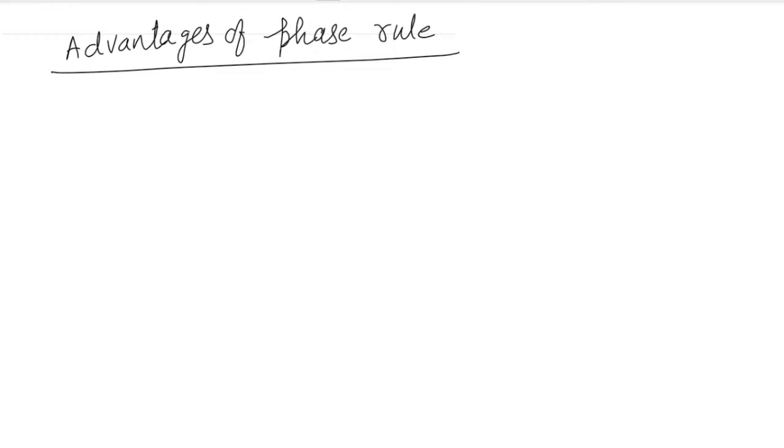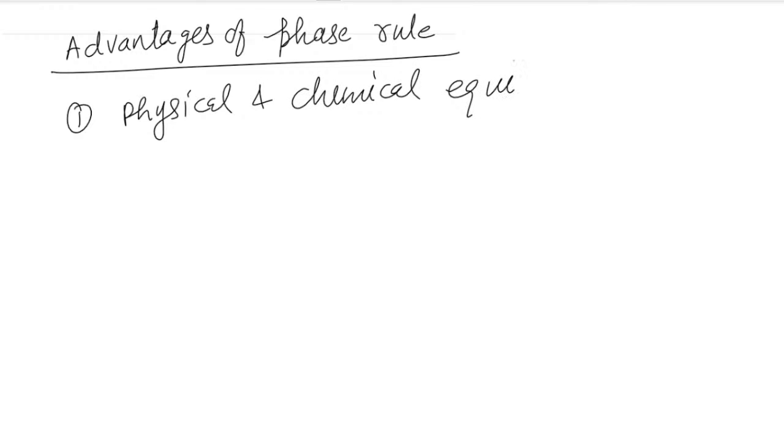So first thing, it gives a simple method of classifying equilibrium states of a system, okay. मीन्स इक्विलिब्रियम स्टेट्स जो हैं उनको क्लासीफाई करने के लिए एक सिंपल मेथड है फेज रूल से, वी कैन क्लासीफाई देम, ओके। एंड चाहे फिजिकल हो चाहे केमिकल हो, बोथ द इक्विलिब्रिया कैन बी स्टडीड बाय दिस रूल, है ना। फिजिकल इक्विलिब्रिया भी स्टडी कर सकते हैं और केमिकल भी, फिजिकल एज वेल एज केमिकल, बोथ द इक्विलिब्रिया वी कैन